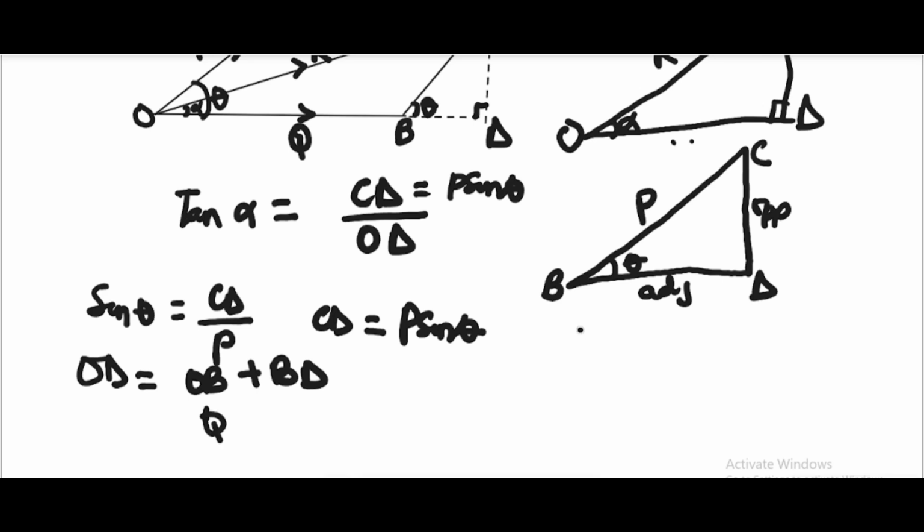So we have cos theta equal to BD over P. So cross multiplying, BD is equal to what? P cos theta. So now going back, I have my tan alpha equal to